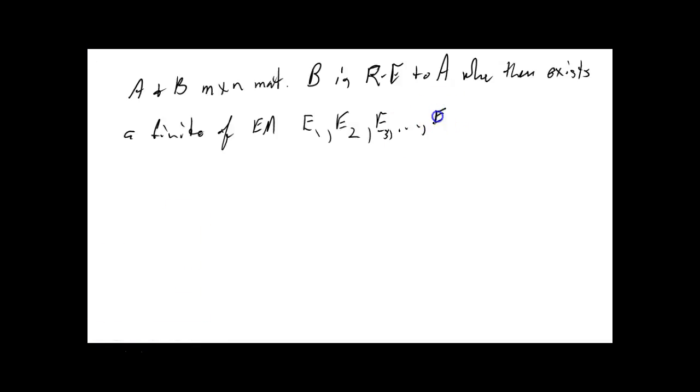Up to E sub K. Now this has nothing to do with M or N either one. It's just however many steps you needed, however many elementary row operations you needed, that many elementary matrices, such that,